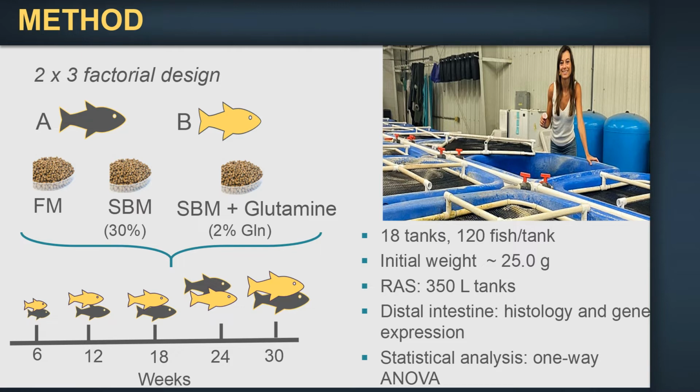Why? We want to check how this enteritis happens, when it starts, when it ends, or if it never ends. So for example, if you add glutamine or any feed additives, enteritis can be mitigated after 8 weeks or 10 weeks or 12 weeks. We don't know. So we want to know when the starting point is. Secondly,